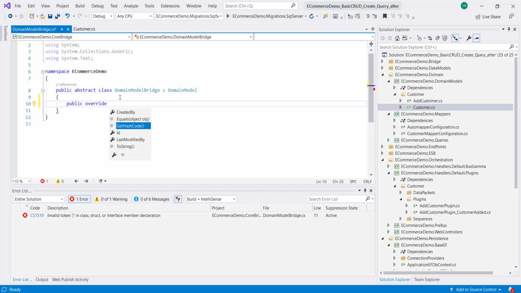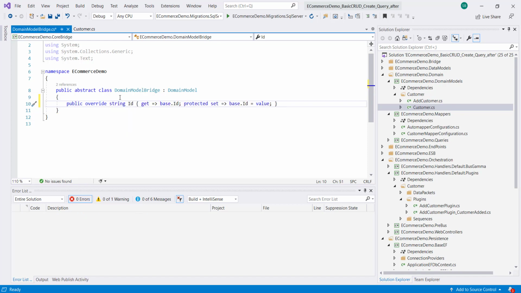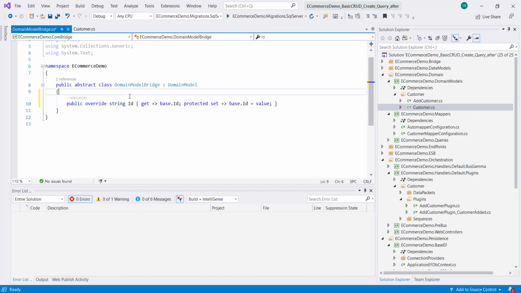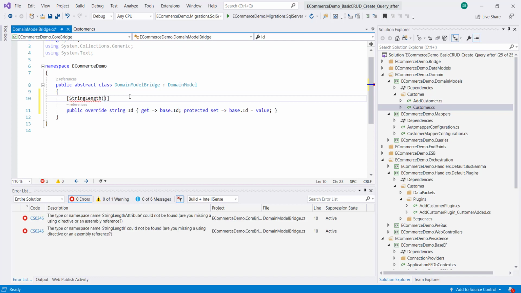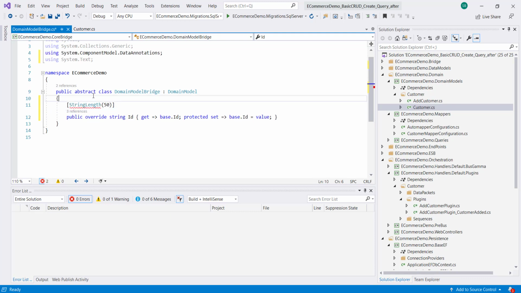If I want to change the length of the ID, I can always do it here. But we don't need anything now because our UID that is being generated is 32 characters, and that is more than enough.